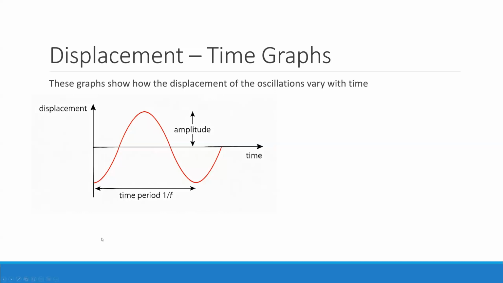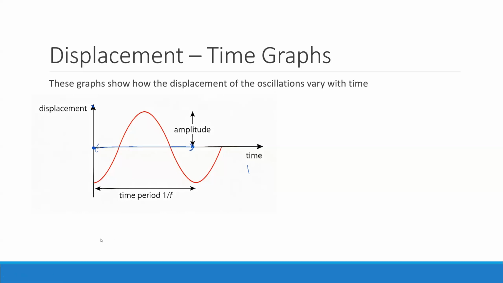Why can you get the amplitude? Well, because it has displacement on the y-axis, right? So if you know the displacement of your particles, of course you could work out the amplitude. Because what is amplitude? Just the maximum displacement. Also, you could get the time period, because the x-axis no longer shows distance or position. It now shows time. And if I know the wave started here and then it repeated over here, this is one complete wave from here to here.